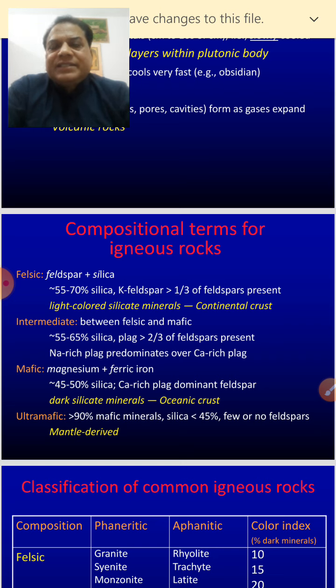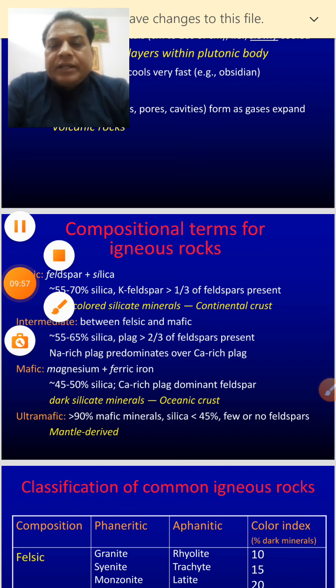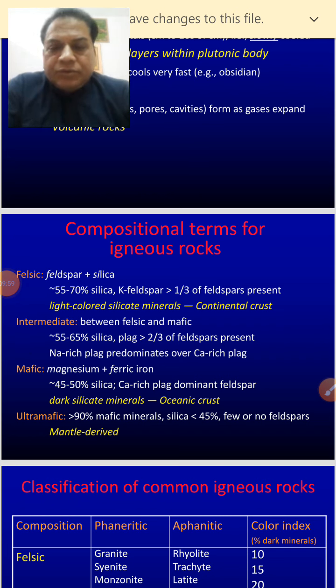Try to understand this. Once we say ultramafic, the rock has more than 90% mafic minerals, and naturally the silica content will be less than 45%, right? But vice versa is not true. Say, for example, nepheline syenite has silica content less than 45%, but it doesn't have any mafic minerals. So that is the difference between these characters. So these are the different rock types, the compositional terms that are used.